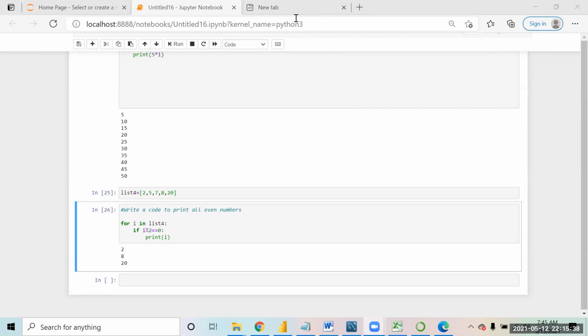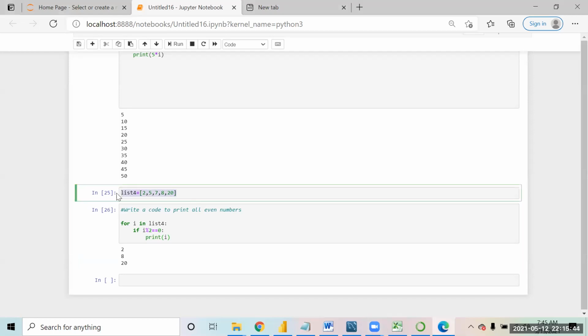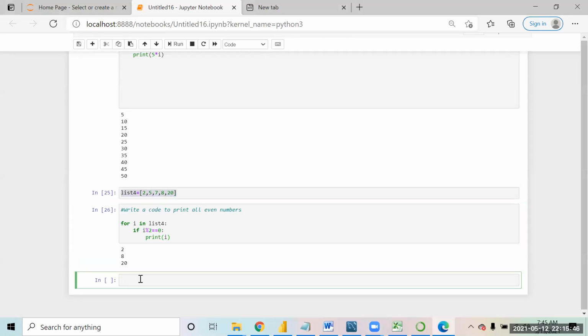Okay, so now let's do another question. If I give you the same list, what you have to do is print the sum of the list. Now you have to do it using loops. You can find that by using the simple sum function also, so it will give you the sum right away. But you have to find the sum with the help of the for loop.